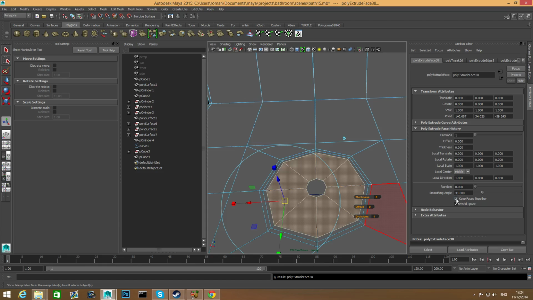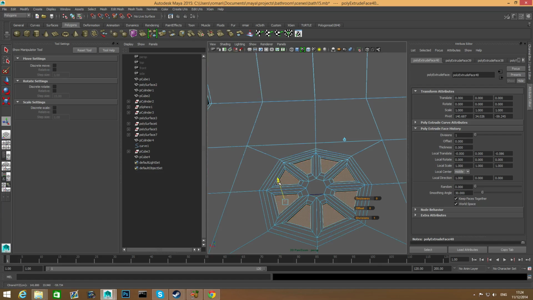Right away, go over keep faces together, untick this, tap on one of those cubes next to the handles, and then grab the middle one and do something like that. And then click extrude once again, and you don't need to do anything with it. It's turned on again. Just grab those, extrude it once more, extrude it inwards, tap on one of the cubes,